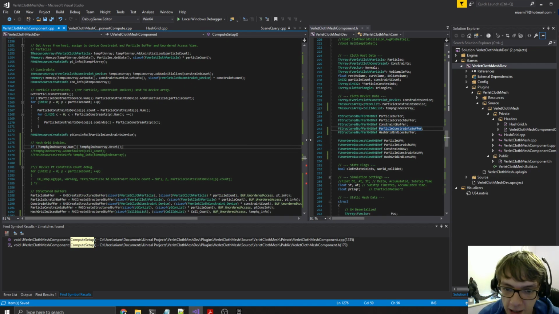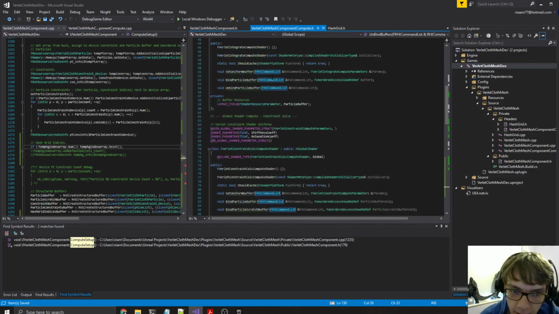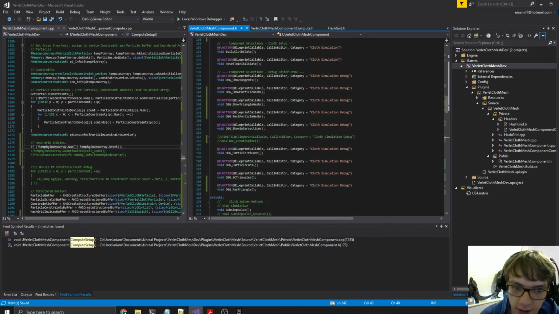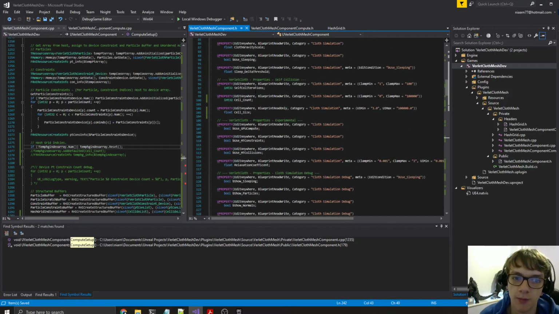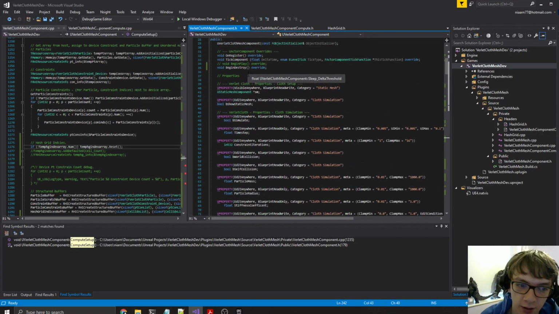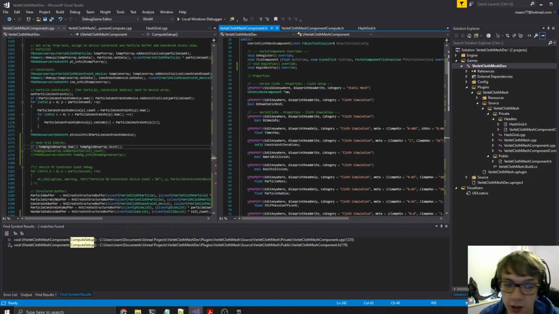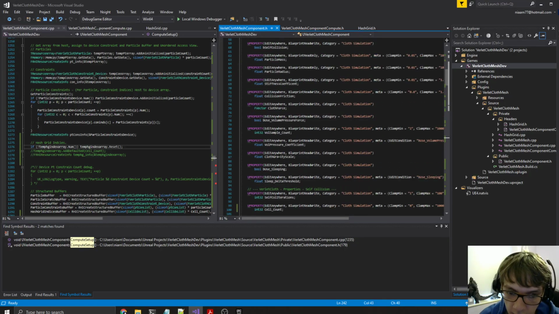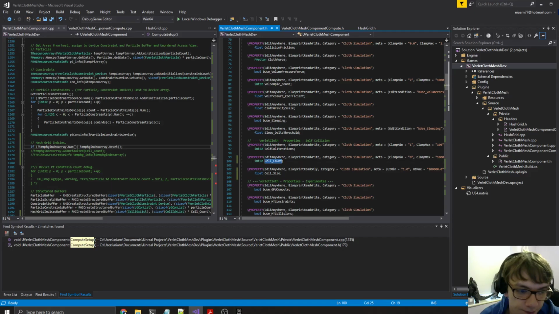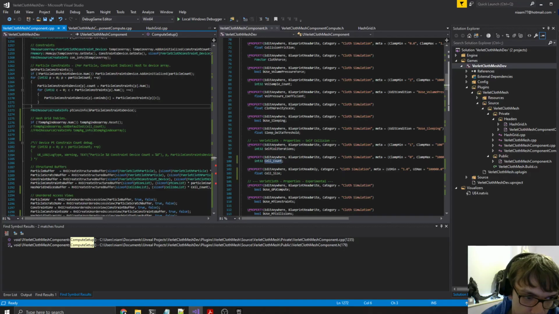Because cell count is a member, that's a U property that could be changed dynamically in the editor, so the user can change the cell count to adjust the hash grid for the needs based on the cloth that they're using. I don't want that cell count to be allocated and then used throughout. So because the temp index array has to adjust that cell size, it's easy just to reset it and then reallocate it based on the current cell count that's fetched from this member, which is here, cell count. So yeah, if it's allocated, then we reset it, and then we can do the add default again and create the temp info, which we're then going to use